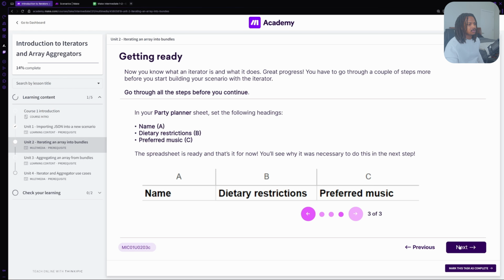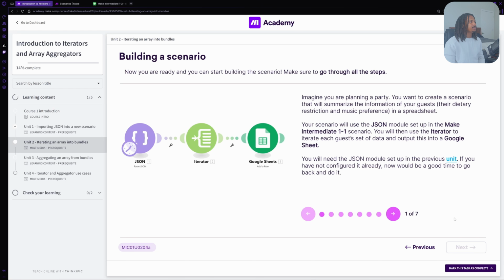All right, so we're gonna go to the next page. Building a scenario. Now you are ready, and you can start building the scenario. So we got 7 slides. Let's see what they're talking about. Imagine you are planning a party. You want to create a scenario that will summarize the information of your guests, their dietary restrictions, and music preference